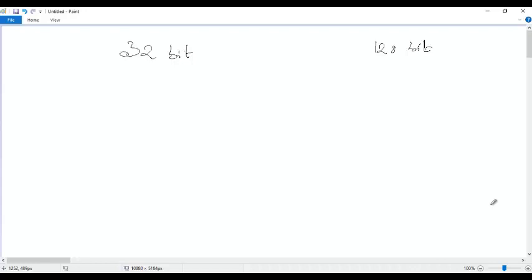Now, NATing is not needed in IPv6. What does that mean? It means that there is no private address in IPv6. Do you agree? If there is no NATing in IPv6, it means that there is no private address. Yes, there is no need for a private address, because IPv6 is very big. 128-bit is very big.